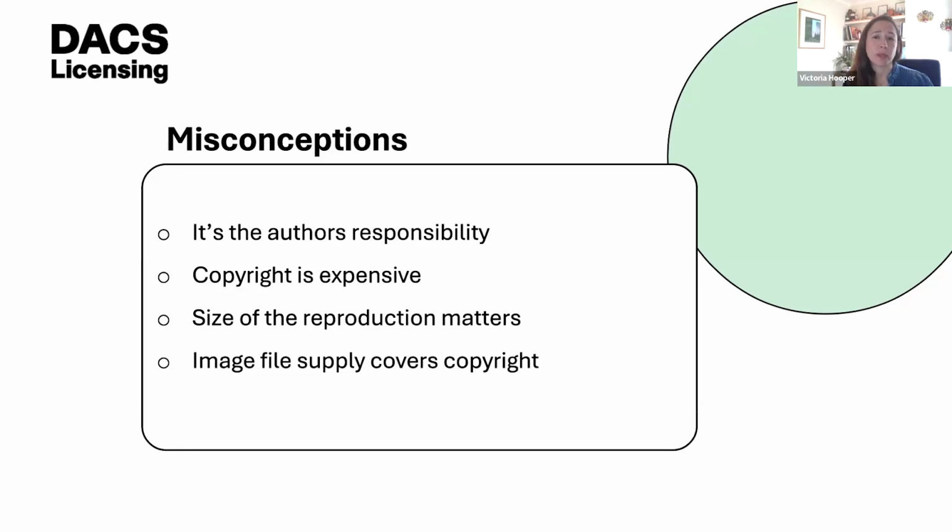More often than not, they wanted their works to be included in these particular writings, rather than their works being carved out because they couldn't be afforded. So this is where we're quite unique in having that balancing act between being the broker for the artist, but also liaising very closely with the clients.